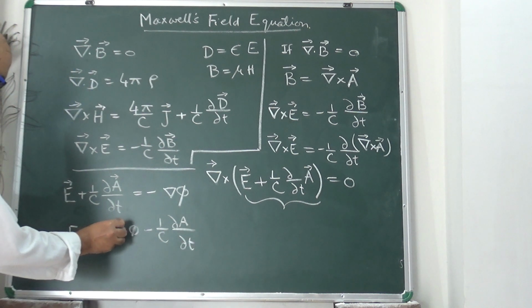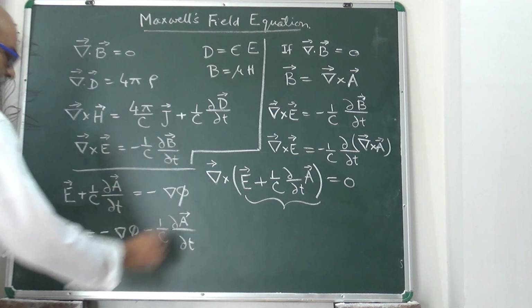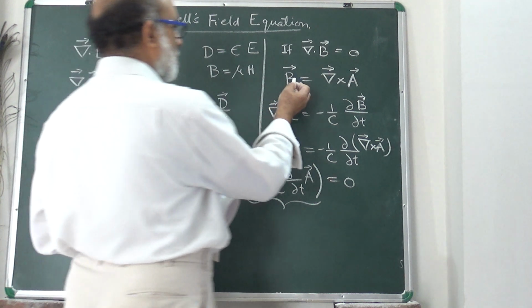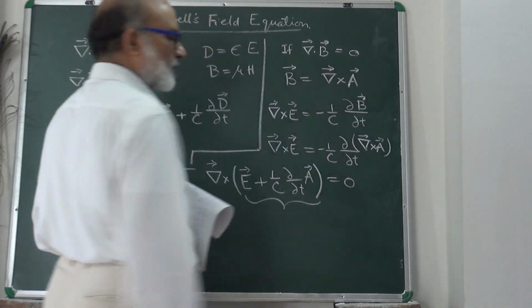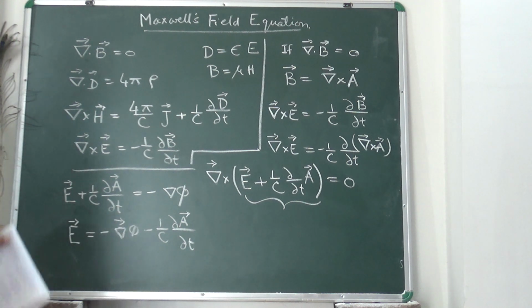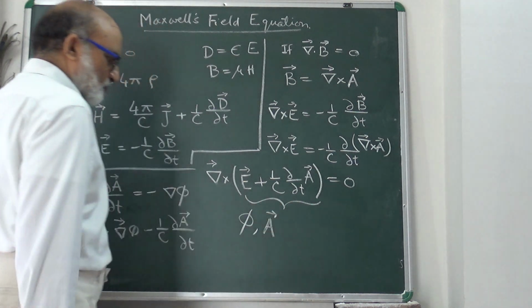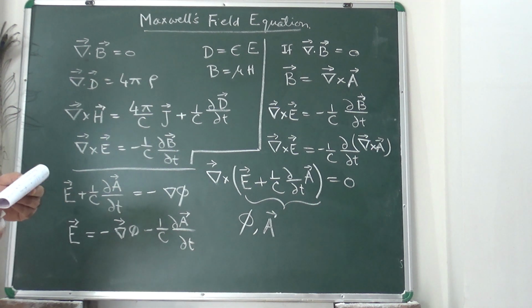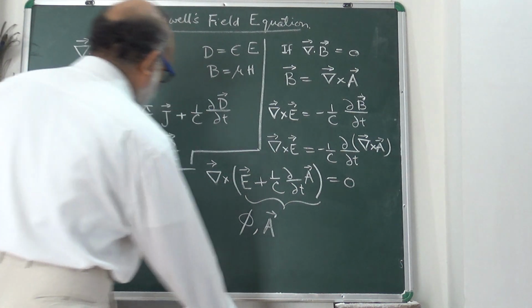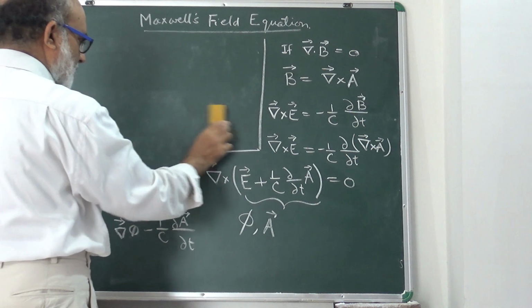Now the electric field is represented in terms of a scalar field and a vector field, and the magnetic field is also represented as a vector field. So the electric field and magnetic field are represented in terms of a scalar field phi and a vector field A. Okay. Now these electric and magnetic fields are represented in terms of scalar and vector potential,